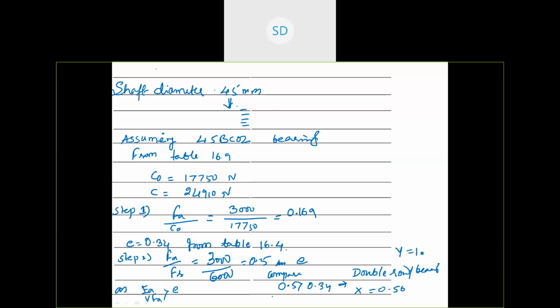So now Y equal to 1.31. Whether we have to assume inner wheel is rotating? Yes. Because if the bearing is going to be mounted on the shaft, as the shaft starts rotating, the inner race is going to rotate, outer race is going to be fixed, right? Then you need to assume the inner race is rotating.